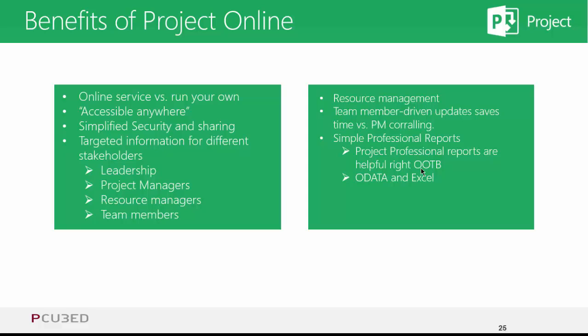We can also use the team member updates to save our time rather than have a poor project manager run around between different status meetings trying to get updates. They can update their task lists and push those back to the project manager, from their phones, from their desktops, who can just then go and do the approvals rather than do the chasing. And finally,